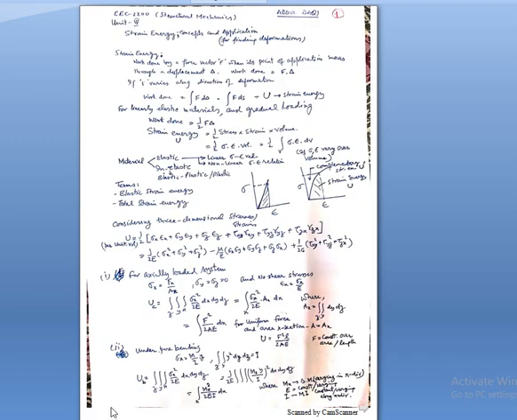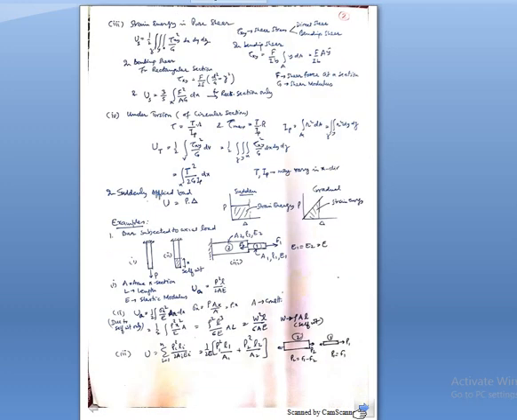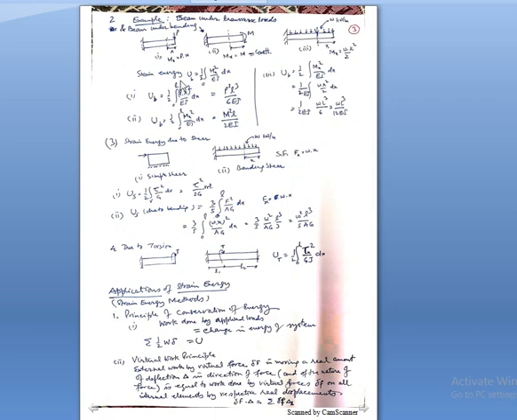You can go back and see the equation. In case of bending, this will be the integral of Mx square over 2EI dx. You have to substitute the value of Mx only. E and I, if they are constant, can be taken outside. If the moment of inertia is varying along the length of the member, in the x direction, we have to keep it inside. So let us go to the same place. Yes, Mx is replaced by Px. EI can be taken outside. So after integration, you will get this answer.